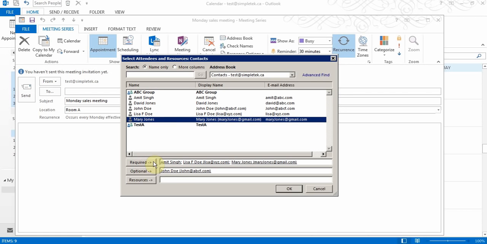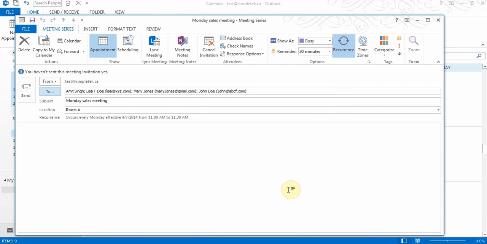So I'm adding them, and the resources button is usually for somebody who's in charge of setting up the rooms or the conference center. Some companies may have an email address for that, so you can email it to them,